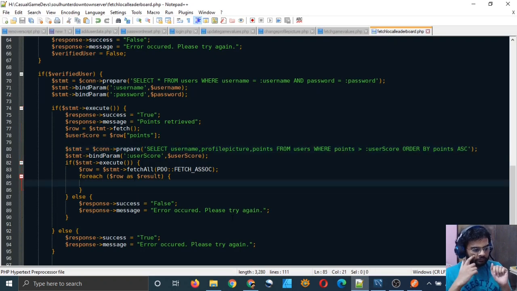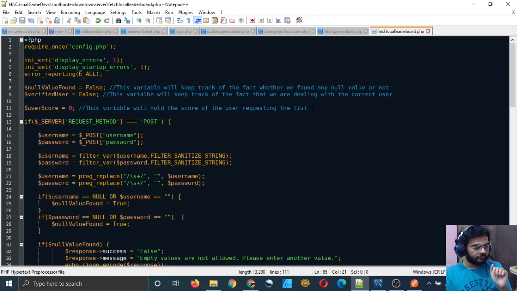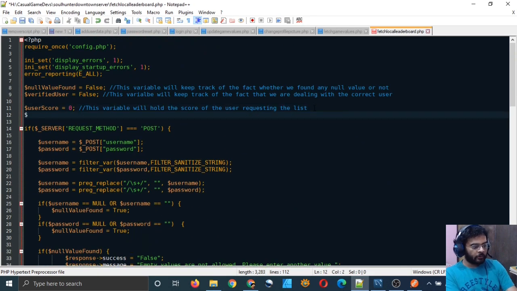And now I guess I can simply keep a pointer here and call it counter, counter is 0.